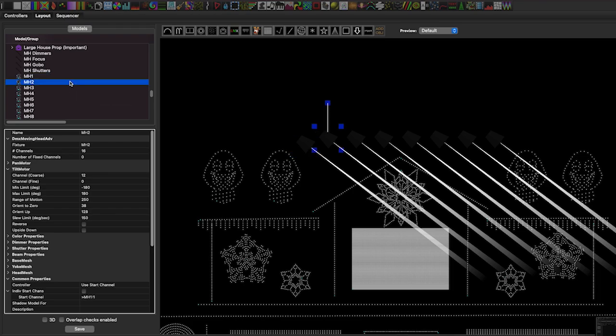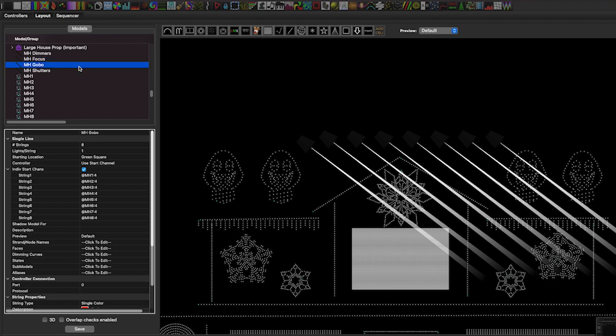The first one is the standard moving head models, and the second one is a single line model that has a number of strings of 8 and lights per string as 1. You can also do number of strings as 6 or 4, however many movements that you have. In these sequences, it will not matter. The reason we do number of strings 8 and lights per string is 1 is so that we can checkmark